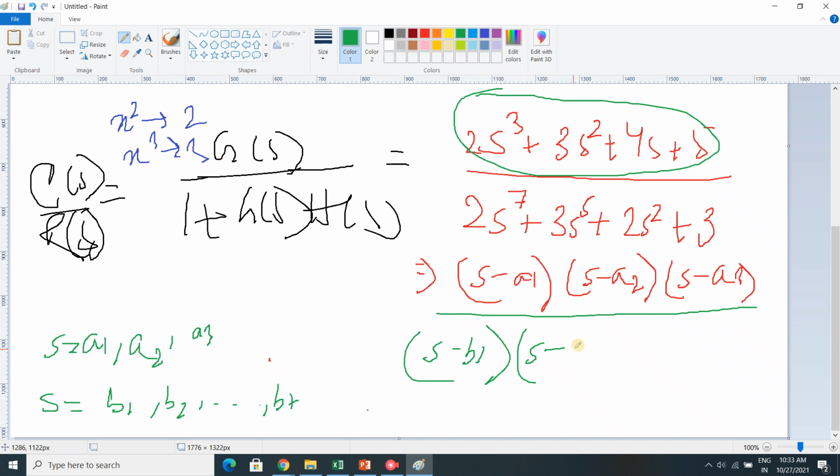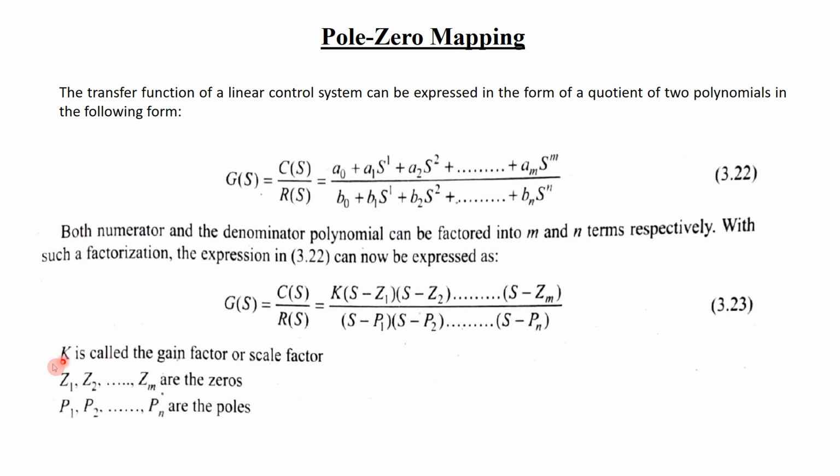So the denominator will be written like this, s minus b1, and so on up to s minus b7. It is just a middle term break and writing in this form. In our case, the numerator is having a maximum power of m and the denominator is having a maximum power of n. So the equation will be like this: s minus z1, s minus z2, up to s minus zm, and over here it is s minus p1, s minus p2, up to s minus pn, and K is written over here because if you solve this equation,